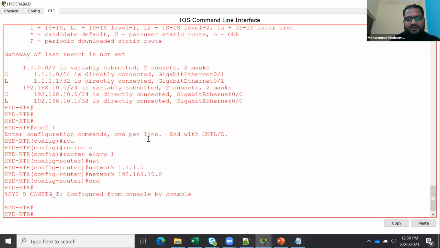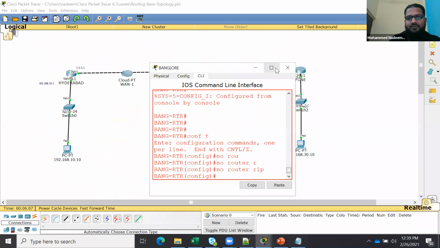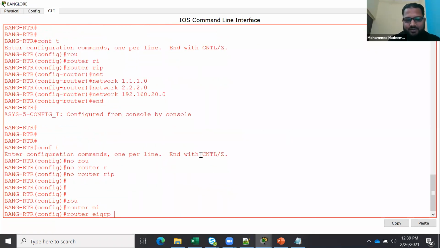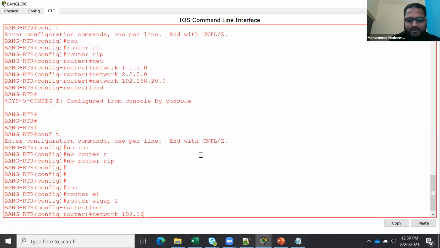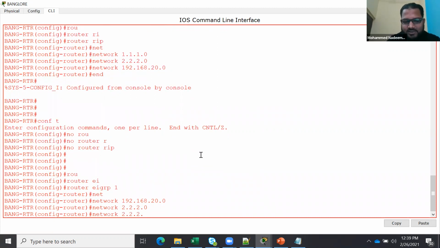Finished. EIGRP is done. So I'm going here, Bangalore. Say router EIGRP 1. Network define 192.168.20.0, your LAN. Now 2.2.2.0, this LAN. And now just see here, I'm adding this WAN one.